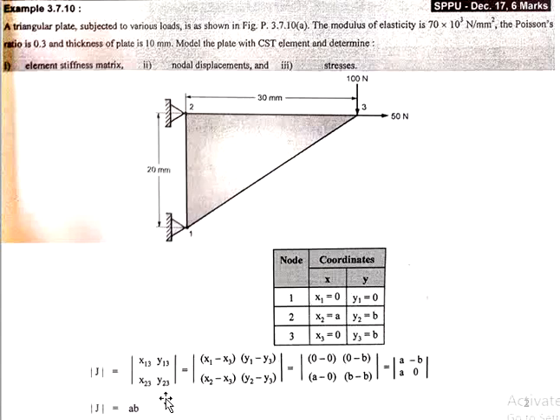So we can determine the Jacobian matrix J, which is required for further calculation. On the basis of x and y coordinates, we can easily calculate the value of J, that is x13, y13, x23, y23. So x13 is nothing but x1 minus x3. So we have all respective values of x and y, so we can easily calculate the Jacobian matrix and its determinant. Here it is written in terms of A and B, a generalized form, so no need to worry, just put respective values of A and B, nothing else.